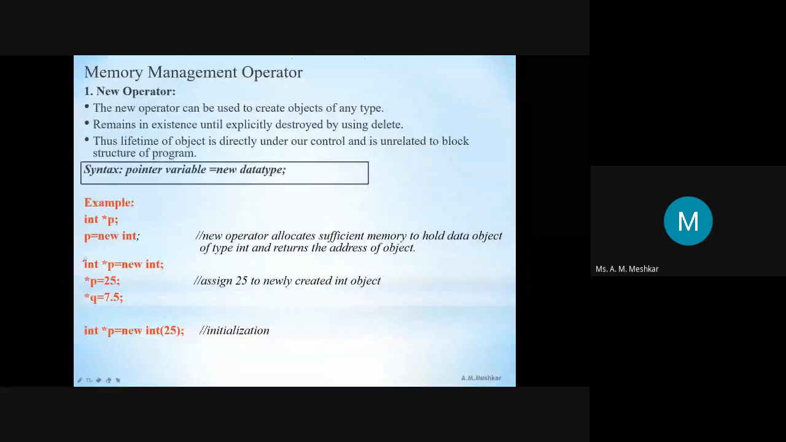Look at this new operator. New operator is used to create the objects of any data type। You just have to write pointer variable is equal to new and then the data type। मतलब यहाँ आपको क्या